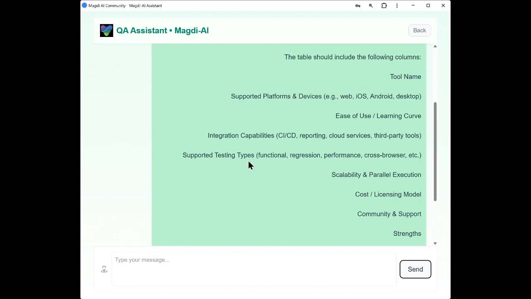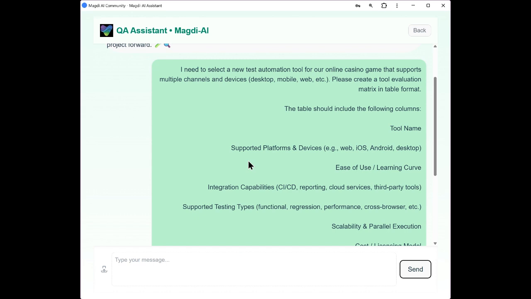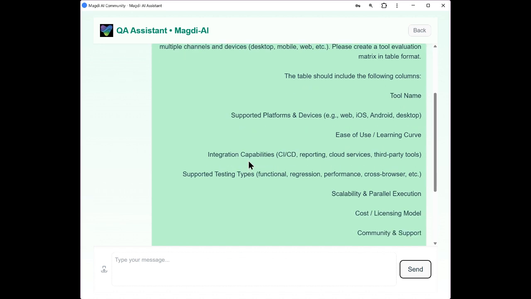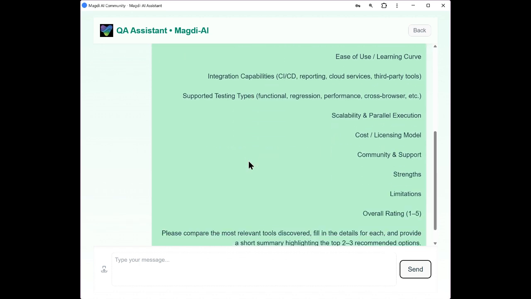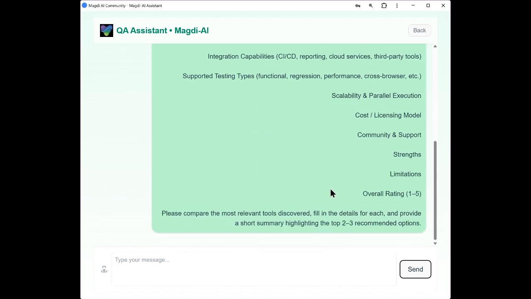And I'm going to scroll a little bit so that you have an opportunity to pause the video and really take in this prompt and how it's structured. What we're doing here is using Magdi AI to help us save time when we have to do this exercise. Again, this is one of these exercises that people don't often think about when we're talking about QA analysts